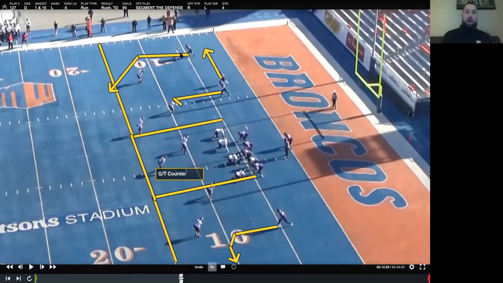We're running a bang stick concept out here with a bang post on top of a bubble and a stick by 3, right? Looking to segment the defense. We got GT counter in here, 5 to block 5, and we've got our gift concept out here. Now, again, run pass option, they have committed 4 to this segment. They've committed 5 to this segment with a potential 6th, but we think he's out of it right now.